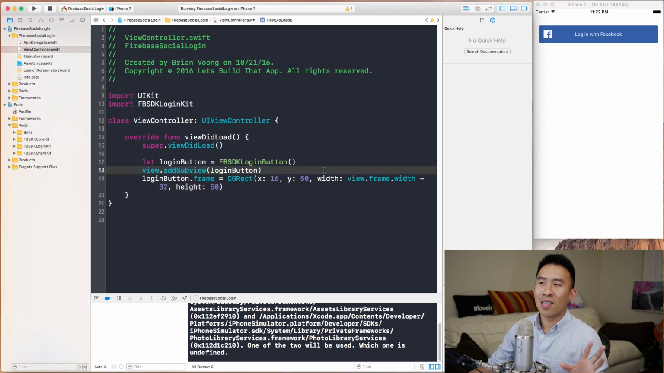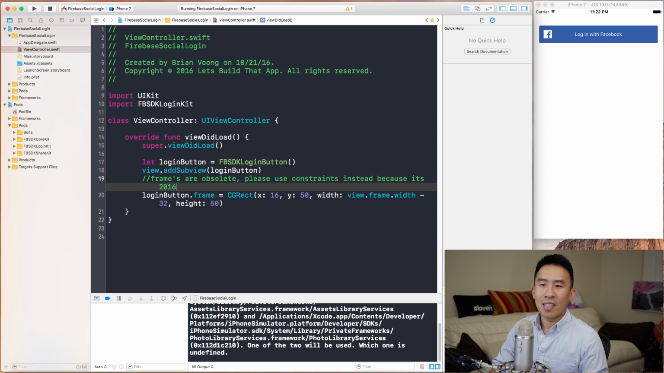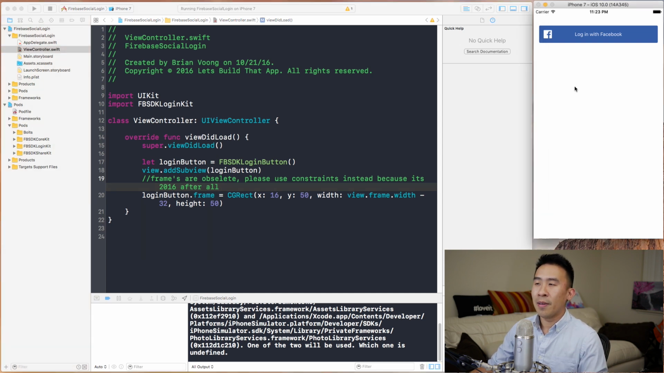And all of you guys that are screaming at me right now for using frames, I already know that frames are obsolete. Please use constraints instead, because it's 2016 after all. But definitely use constraints. Frames really don't make sense nowadays. Anyhow,